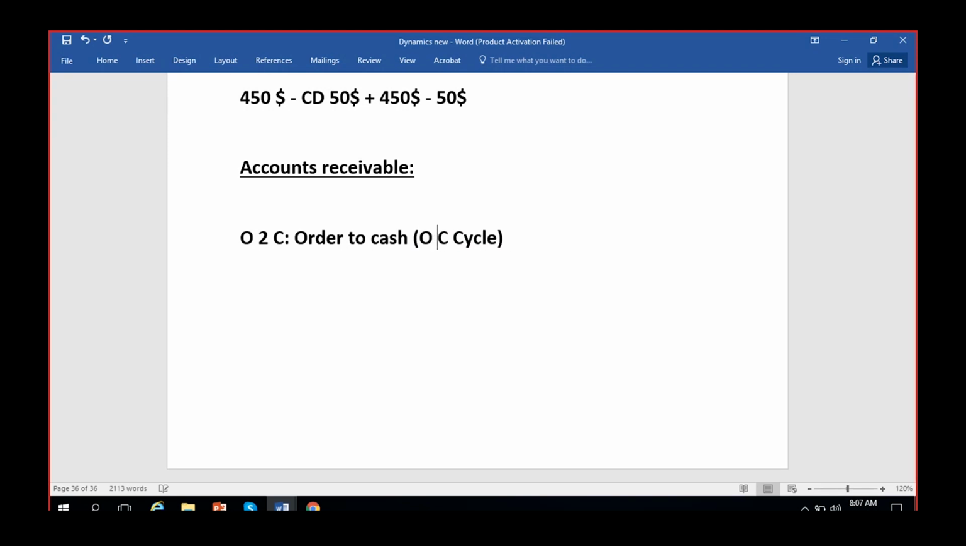You can just say O2C. Anything will work, O2C or O2C. So the first step in the O2C process is